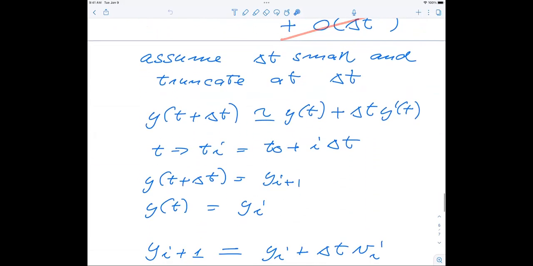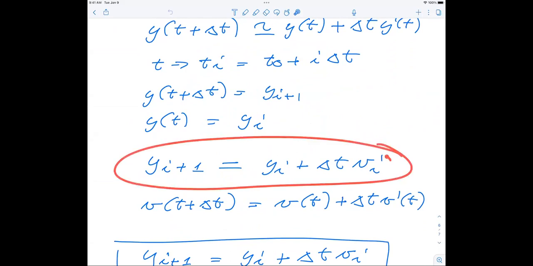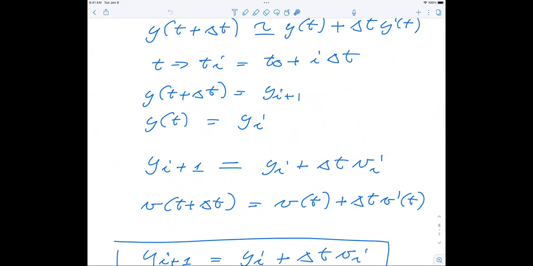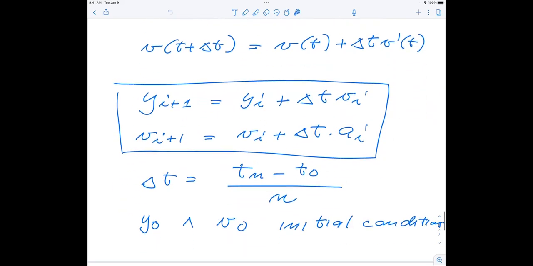And we assumed that we could truncate at just the delta t level, get this expression. And we could rewrite everything in terms of this expression here, where the derivative of the position is the velocity. And then we had the similar one for the velocity, where this expression here is given by the acceleration. So the kind of discretized equation which we end up with is something like this. And this is something we would implement numerically.